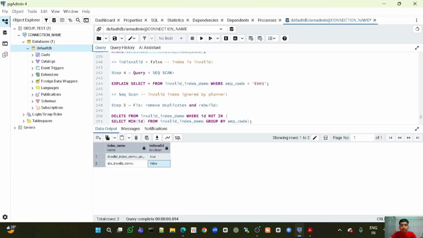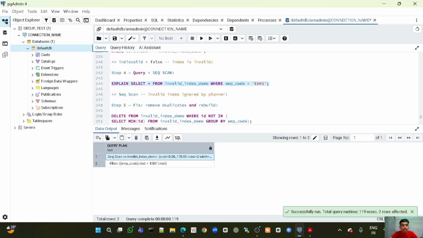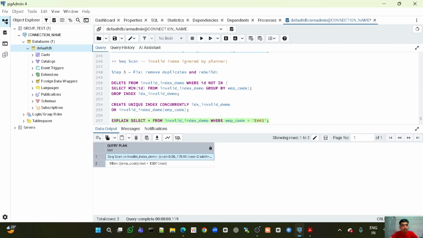So here, what we are doing now, employee ID. It will do a sequential scan only because it will not pick up the index, because that is invalid already. Understood? Now what I am doing, I am deleting the duplicate values from this invalid index table so that we can